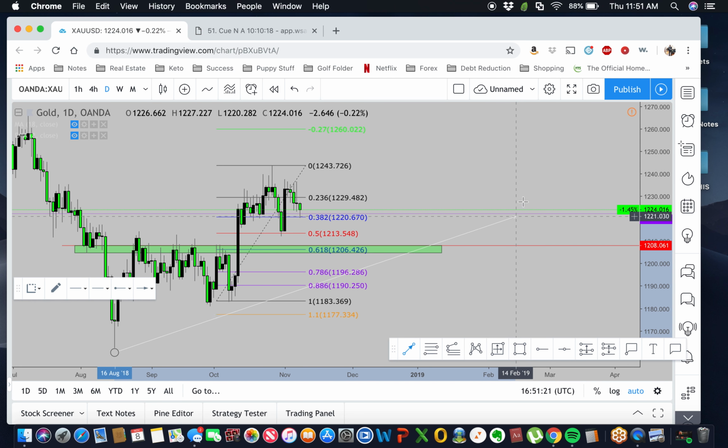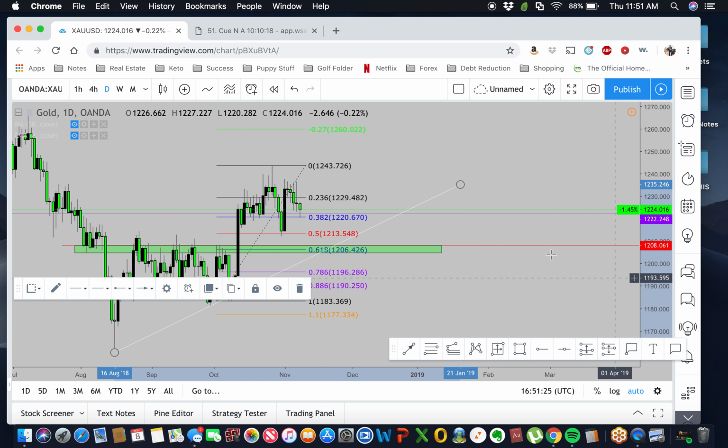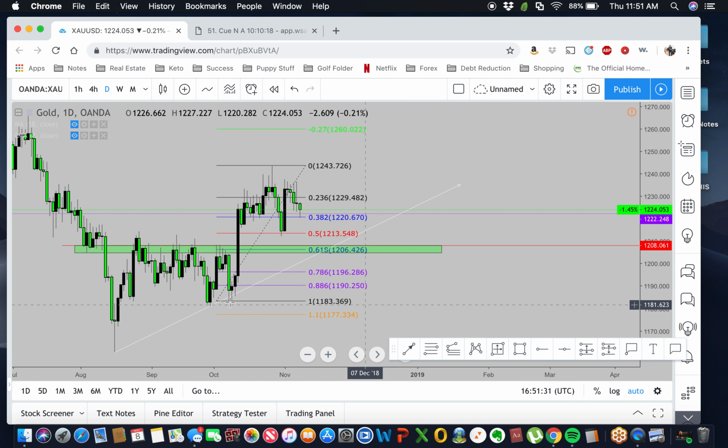So at the same time, we can use a trend line, 1, 2, run it through. Here shows us that it's currently an uptrend also. So the last 5 times it's come across this trend line, it's bounced off, which also looks like, right here, daily chart, if it comes back down to it, where does it line up at? 61.8. So already I have 4 confirmations that we are going to get to this point,